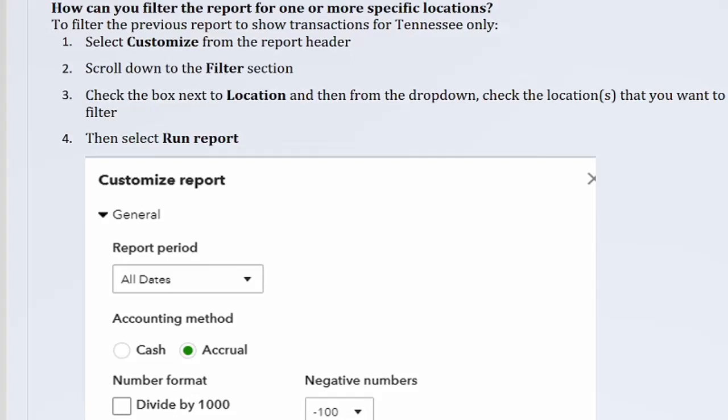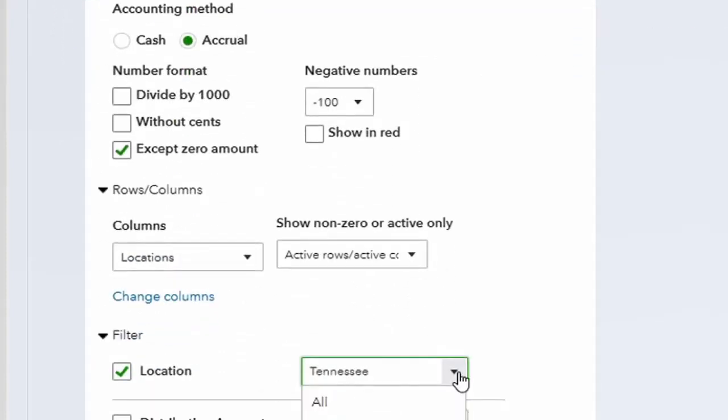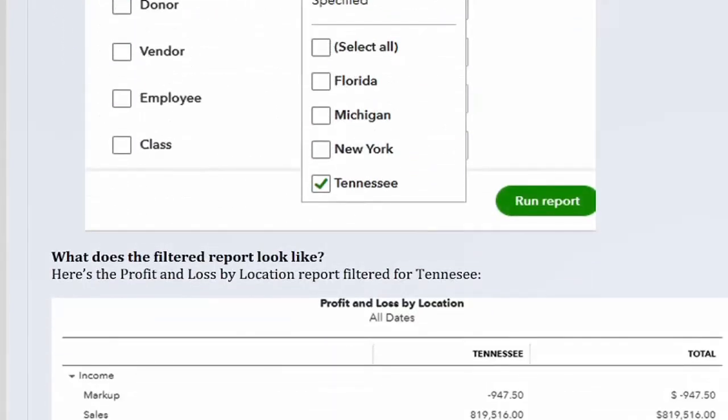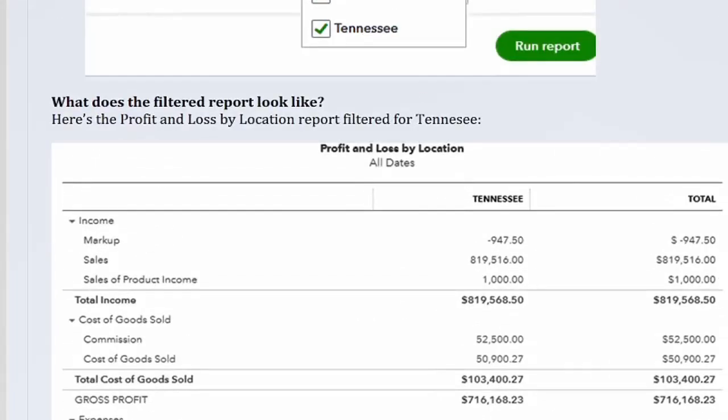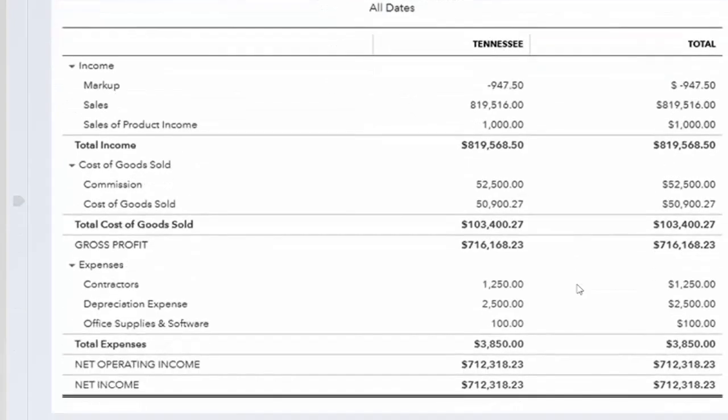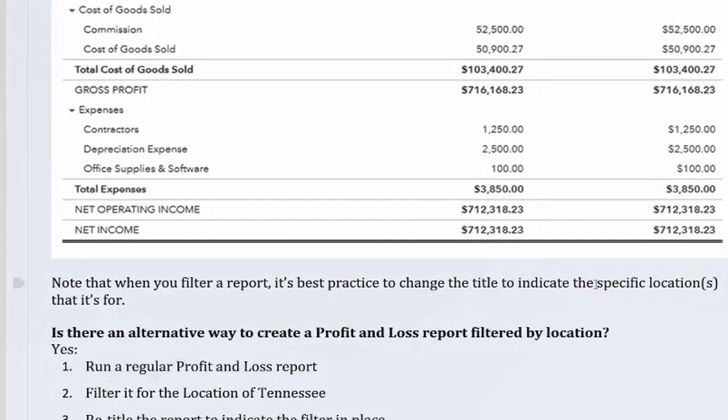Check the box next to Location and then from the drop-down, check the locations that you want to filter. Then select Run Report. What does the filtered report look like? Here's the profit and loss by location report filtered for Tennessee. Note that when you filter a report, it's best practice to change the title to indicate the specific locations that